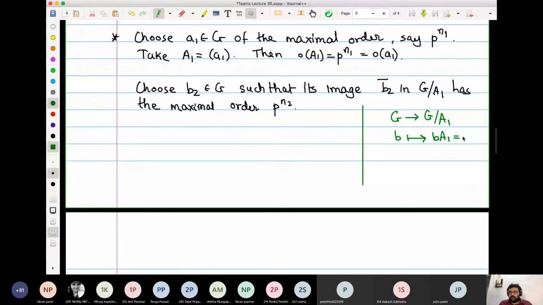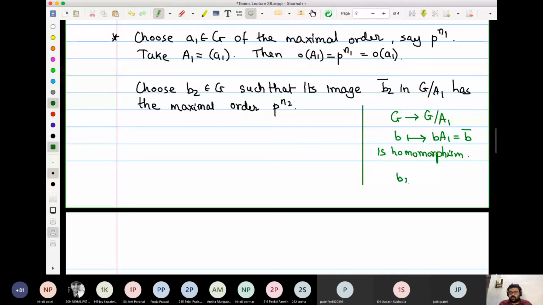We saw this, and BA1 we call B bar. This is the homomorphism. We saw in the first unit that if N is a normal subgroup, then G goes to G quotient N. Right? So here we choose the second element B2 so that its image